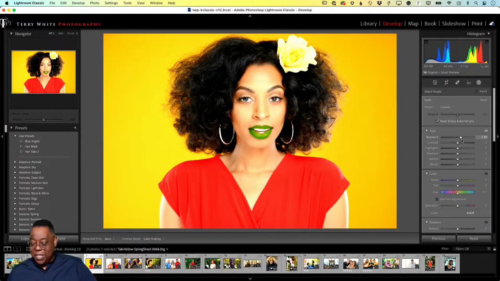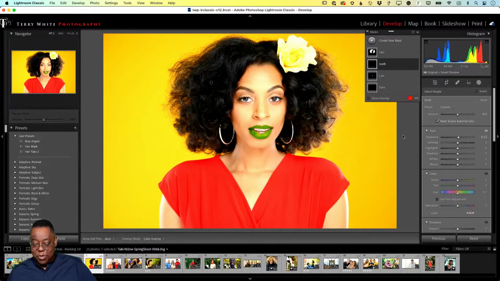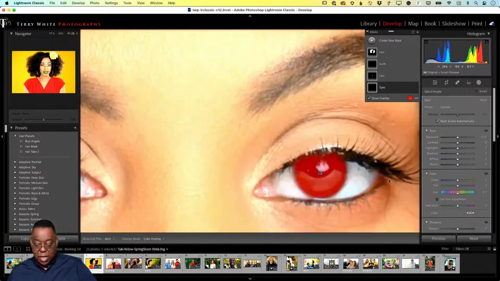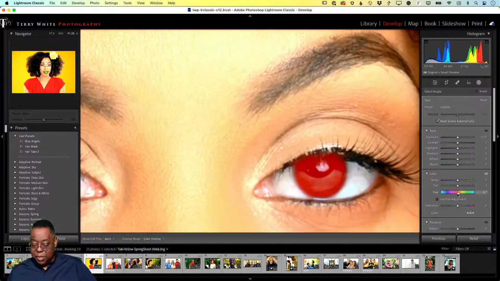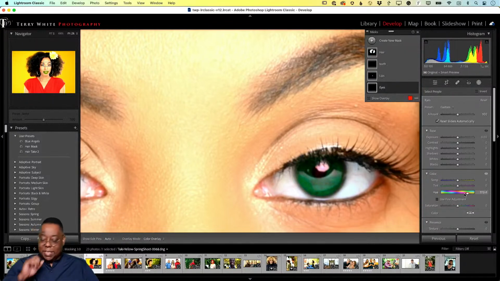Her teeth look great, so I don't really need to do this, but just letting you know that, again, it selected the teeth. If I were to go into her eye, which is her pupils, and we were to zoom in on that, and I were to just play with the colors, I get the pupil color changing very nicely. So the masking that's automatic